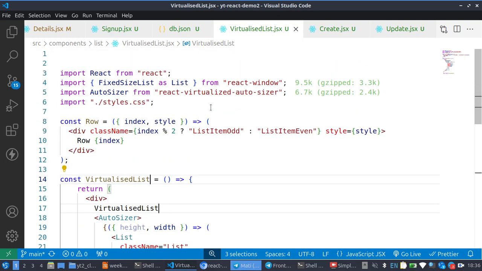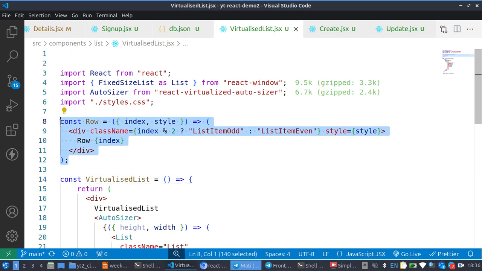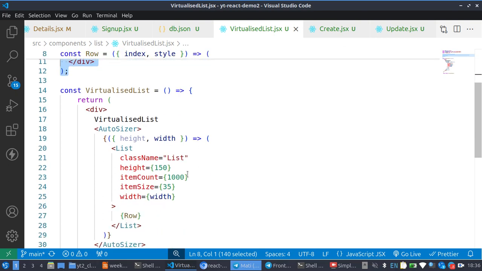For instance, this is just some list of things that you need to show, and this is going to show from 1 to 1000. Then the height should be 150, then the item size should be 35, the width should be this. So what it will do now is it's going to be showing